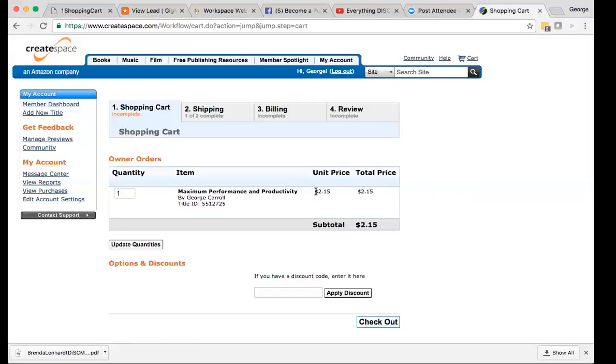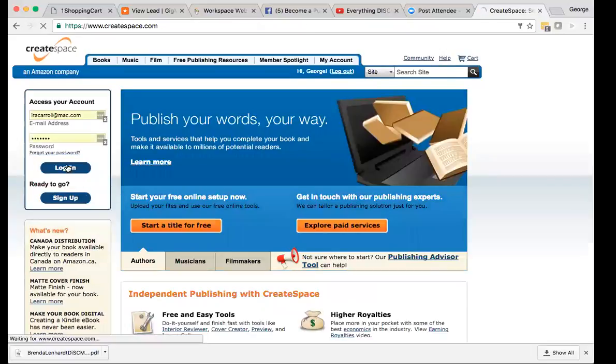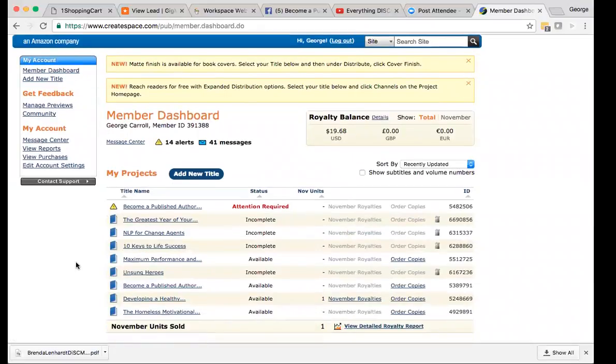So there's a great margin on books. And if you sell them at your speaking engagements or live events or whatever it is that you do, that's one strategy you can use to make sure that you sell books. So hopefully that inspires you a little bit to think about how you can sell your books,